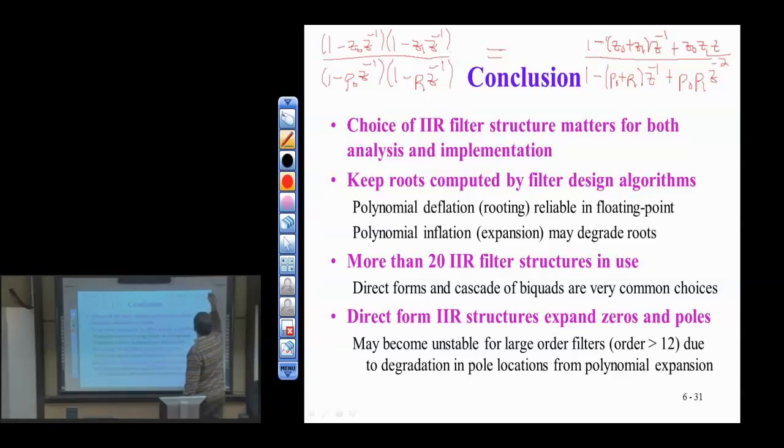So this is just expanding the 2 poles and 2 zeros into unfactored form, and we'll notice right away that